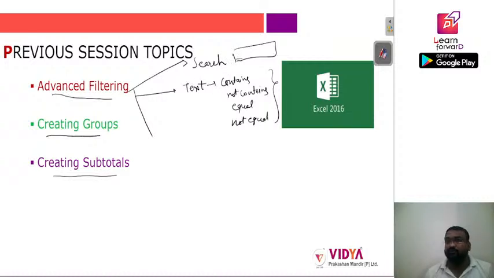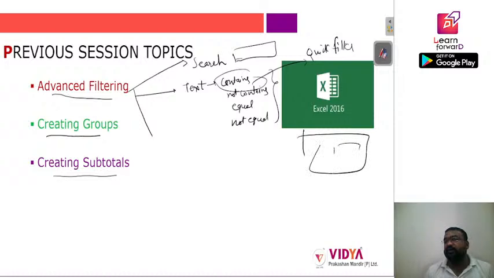Once we select this kind of filter, a quick filter bar, or you can say a filter drop down, would appear. Inside that, it will ask us to enter that particular value that we want to be used in this filter. And once we click on this OK button, then that filter would be applied